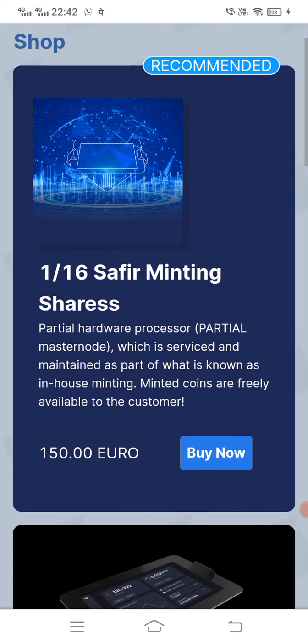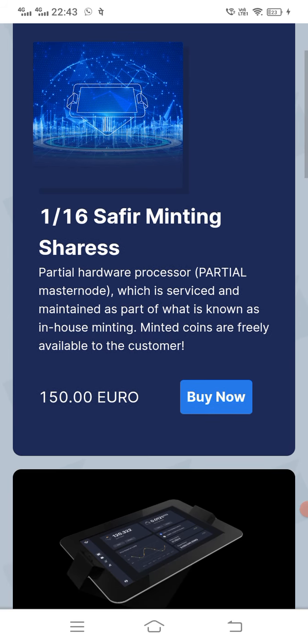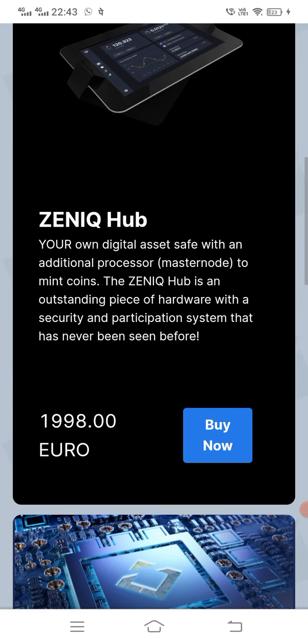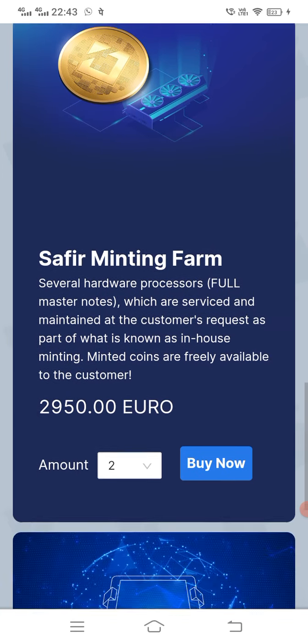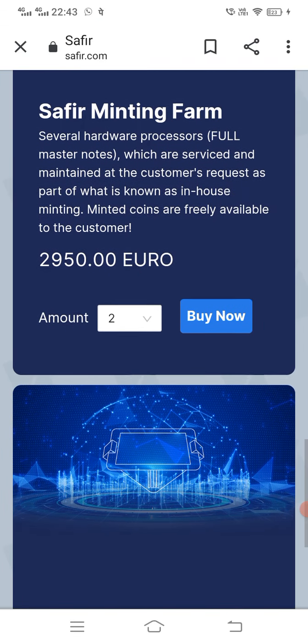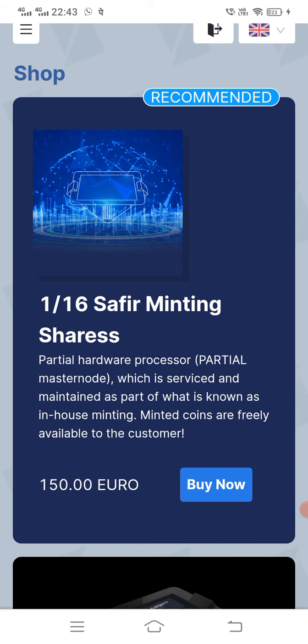It is written there: partial hardware processor, which is served and maintained as part of what is known as in-house minting. Minted coins are freely available to the customer. So from hubs you will get minting coins. Different hubs we can purchase online. So because the amount is 150, 1/16 is reflecting.